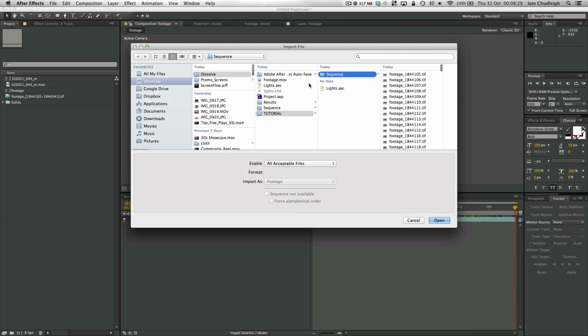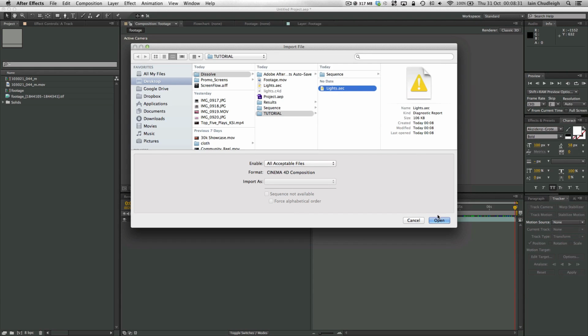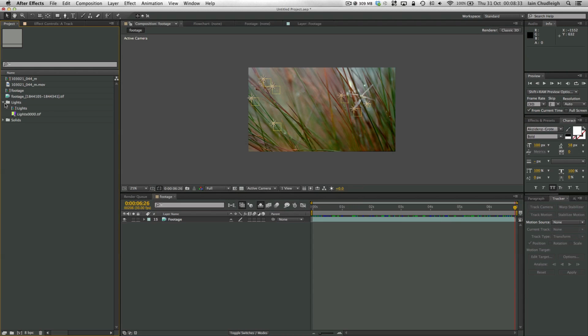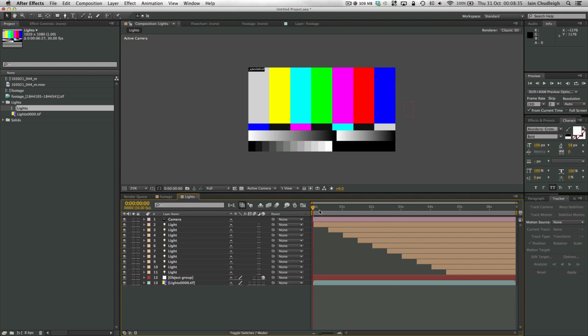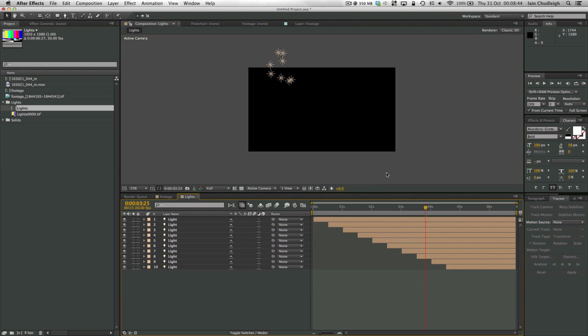So if we open up the AEC file we just created, you'll see in here, we load the composition up, we have our lights appearing, which is pretty cool. So we can delete these bottom 2 groups and the camera, and what we want to do is just line this up with